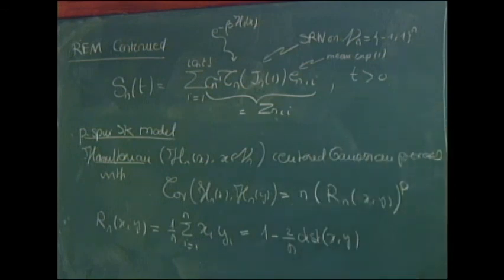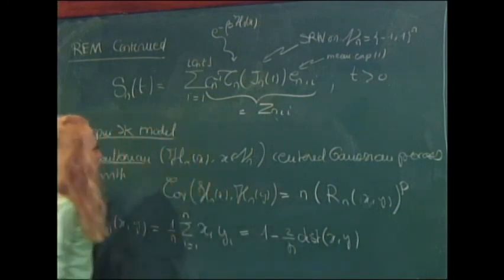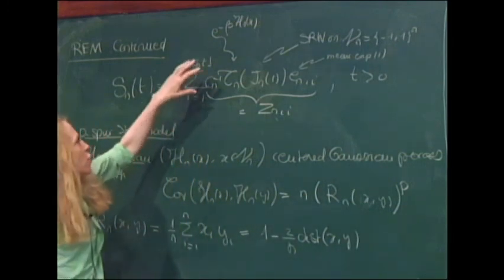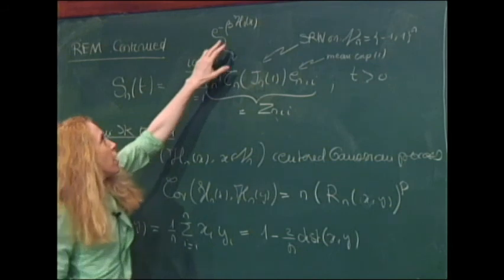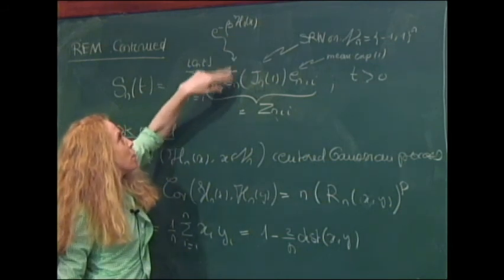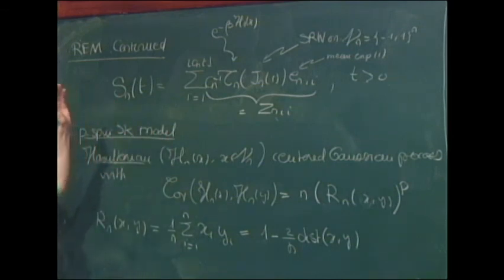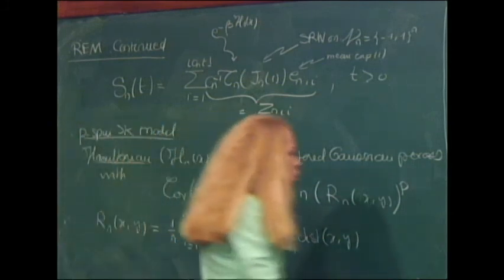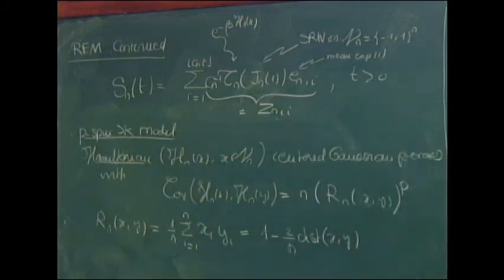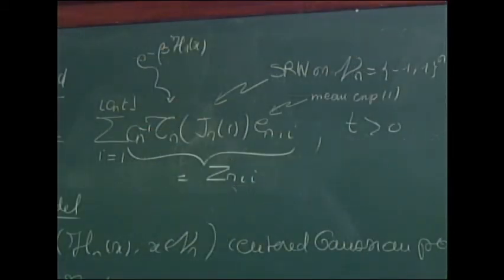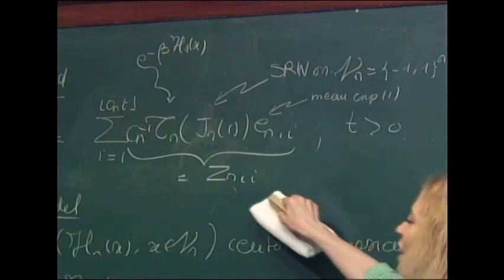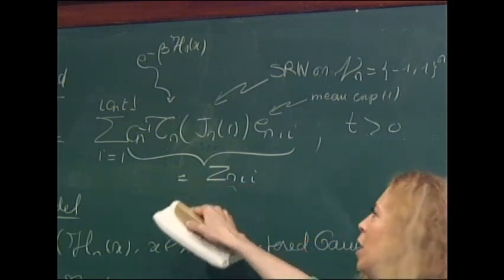So we now want to do the same thing. The dynamics is the same as before, the random hopping dynamics. So I just changed the taus here. I just changed the h in the definition of the Boltzmann weights by this Hamiltonian, which is now a strongly correlated object in the random environment. So how can we proceed now? Well, this choice of the Z and I is clearly not good, because